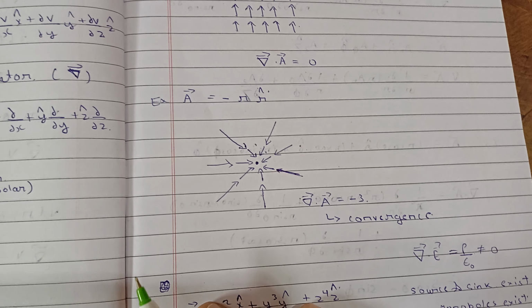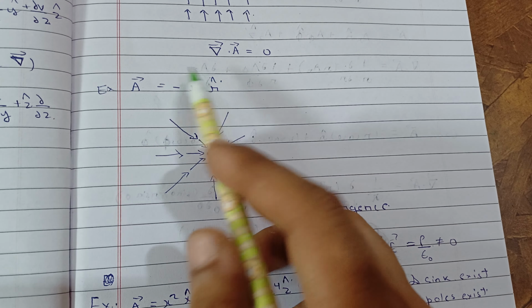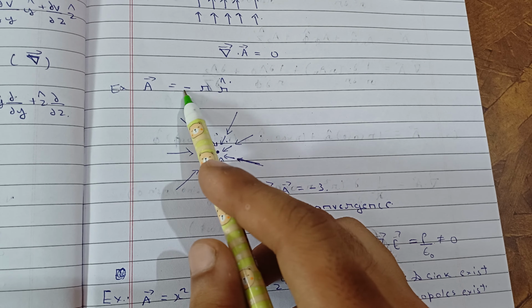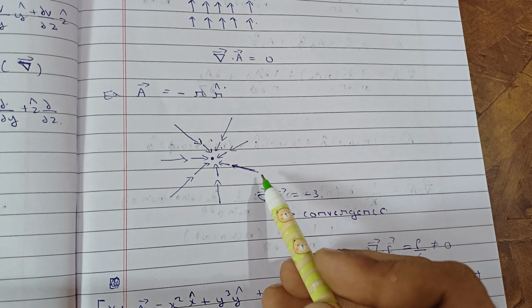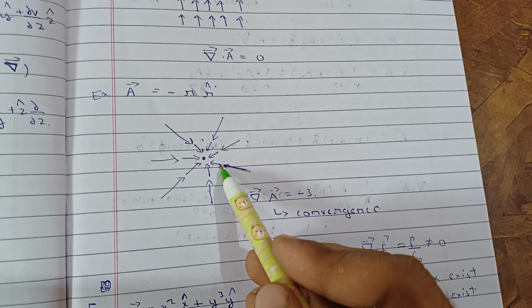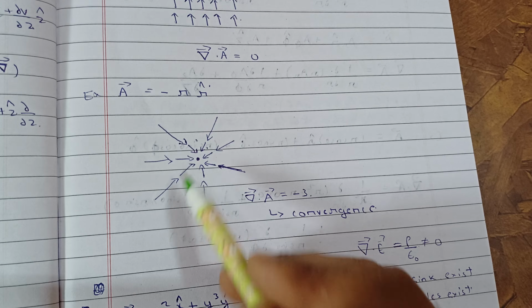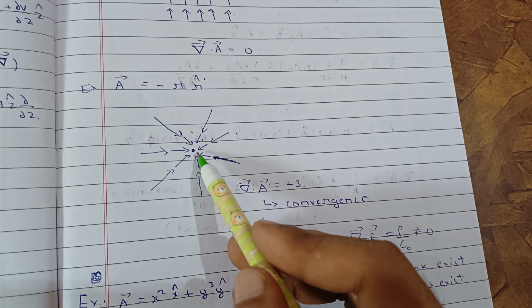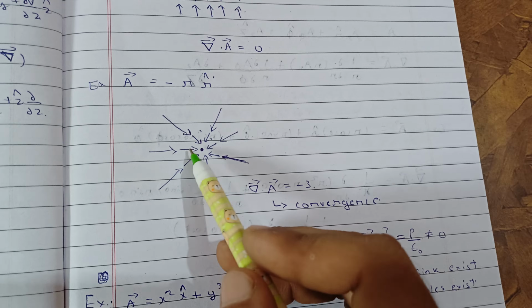Now let's see what happens if divergence comes out to be negative. So A equal to minus r cap. See this example. This minus sign represents that the direction will be minus r cap, and things will be the same. Now for this point, the length will be this but in the negative direction. For this point, the length will be this but in the negative direction, and it is decreasing up to this point because this length is decreasing. That's why this length is also decreasing. This will be large here, less here.